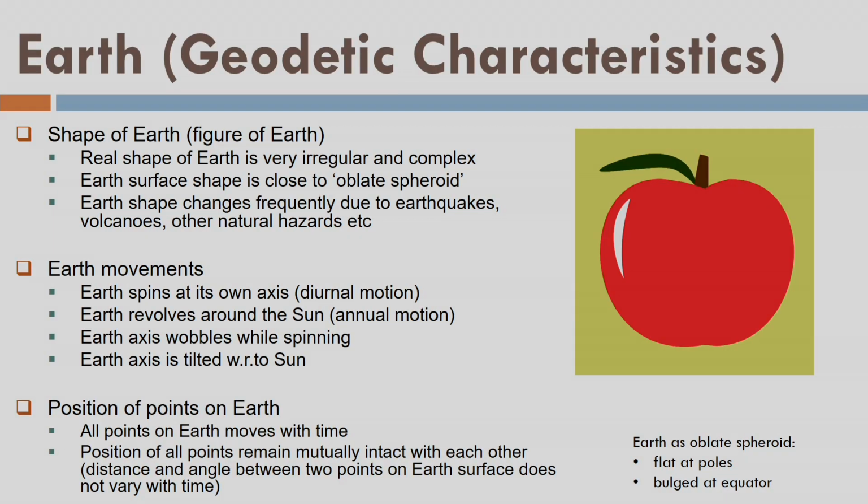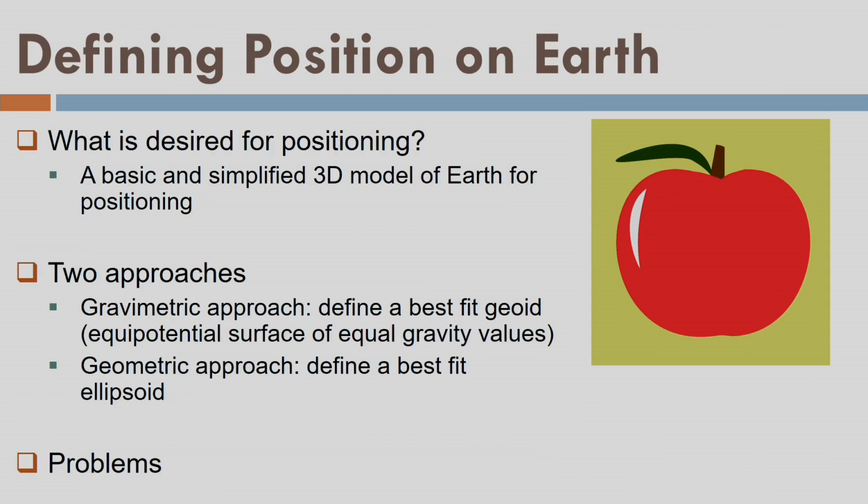Okay, so Earth as an oblate spheroid, as we have seen. So let us assume that Earth is looking like an apple. In an apple fruit, if I remove the root of the fruit, which is shown in the figure, and the leaf, which is also shown here, you can imagine that the Earth is somehow appearing flat, or this apple is flat from the top and slightly bulging from the middle part, what we call the equator for the Earth. So flat from the poles, bulging out at the center part. Okay, so let us see how we can define the position on this planet which is bulging out and flat at the top.